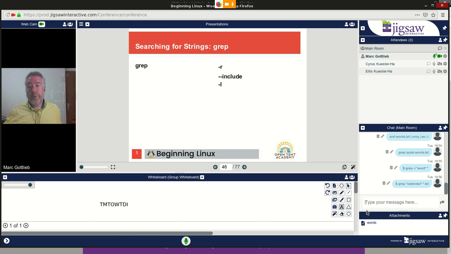Tick R again means recursive. That means rather than looking in just this directory level, it'll go down into each and every directory, sub-directory, whatever level you're in, and it'll display it. And the double tick include will allow you to specify file types